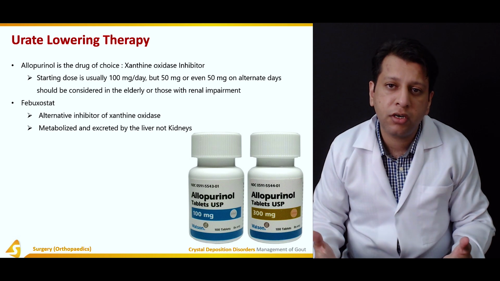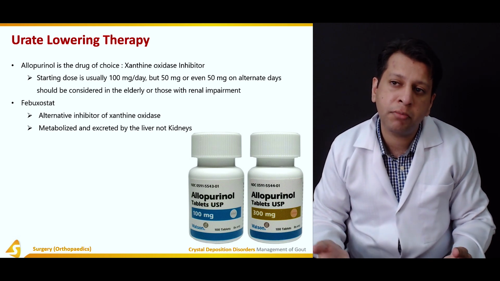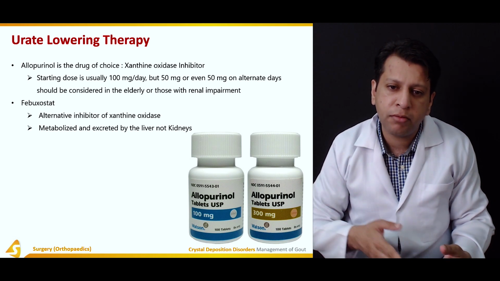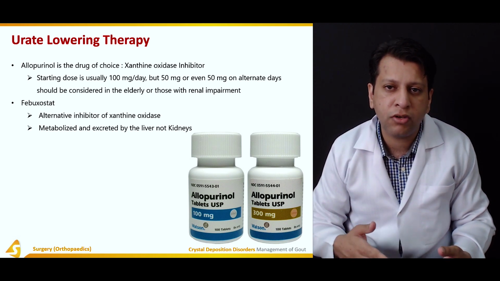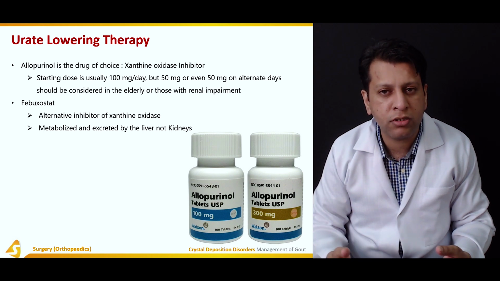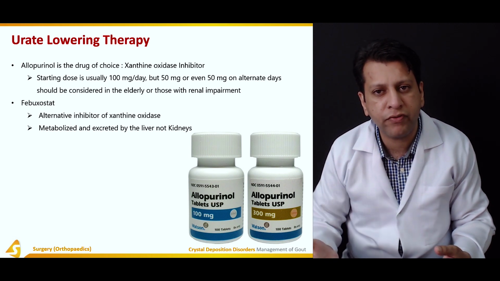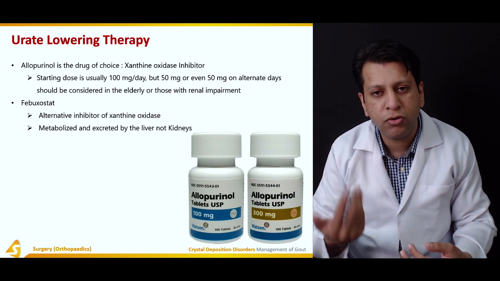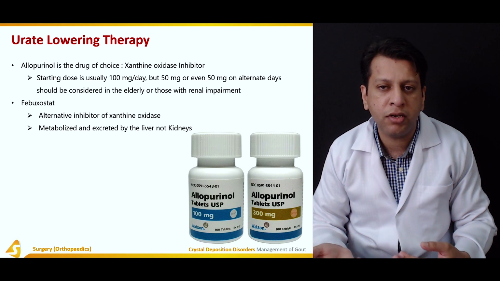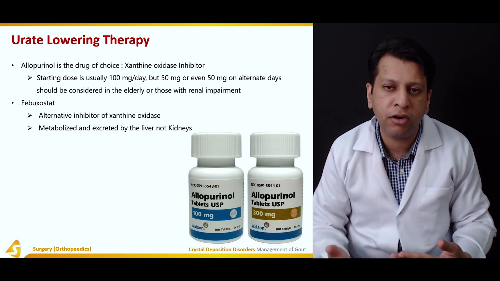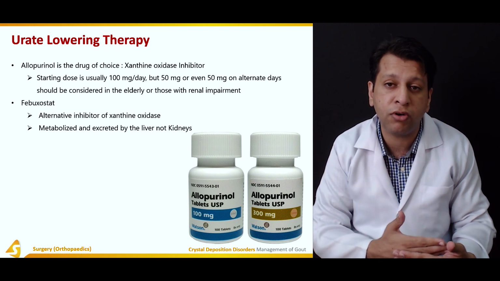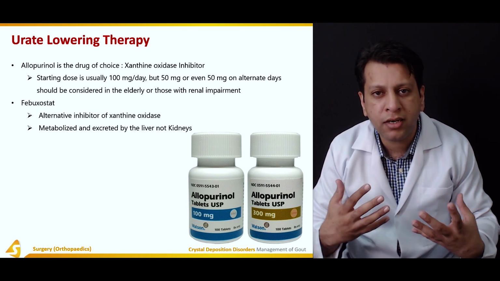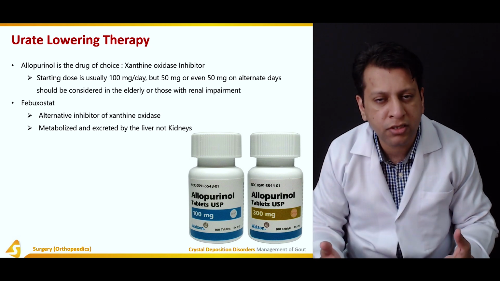Now, if the patient has secondary gout, is hypertensive, and has a lot of renal impairment, then the problem with allopurinol is that you cannot give it in high doses in these patients. If the patient is having a lot of symptoms, then you get kind of stuck, because although allopurinol will lower the uric acid level, its excretion in high doses will not take place and it gets accumulated. Once it gets accumulated, it can also have toxic effects in itself.